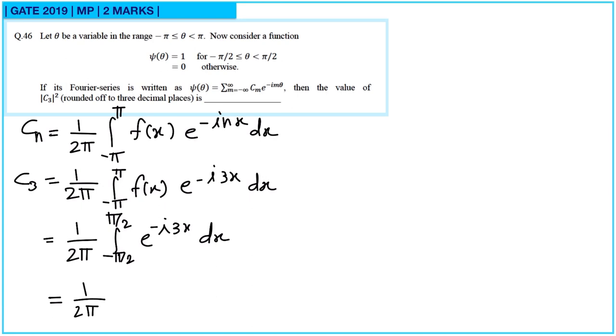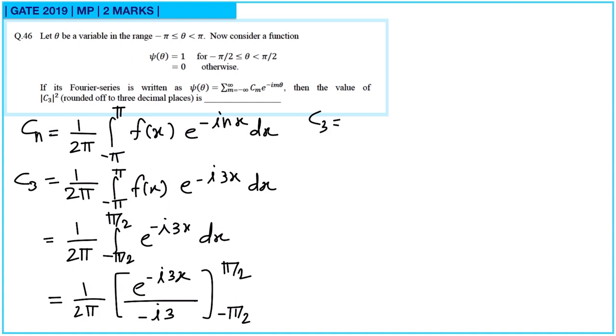So 1 upon 2 pi e raised to minus i 3x upon minus i into 3, and limits are from minus pi by 2 to pi by 2. So C3 is equal to 1 upon 2 pi into minus of i3 into e raised to, first it is pi by 2,